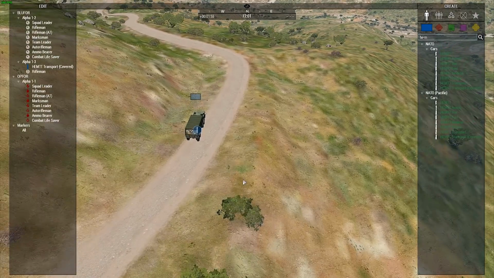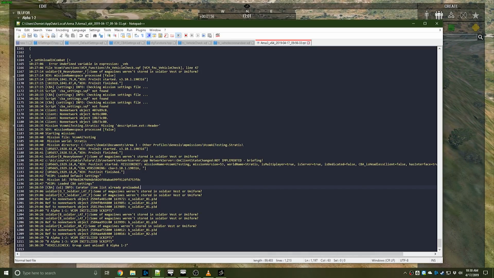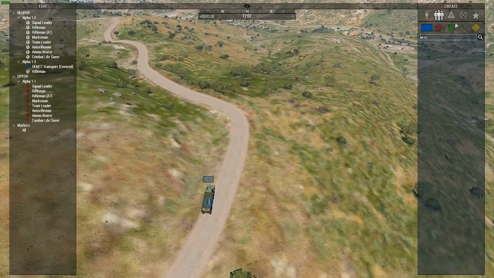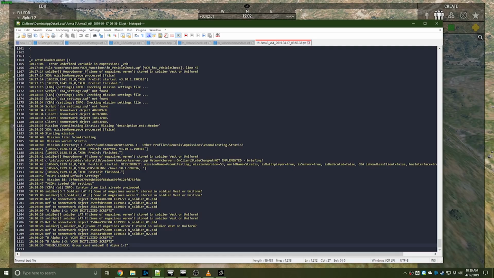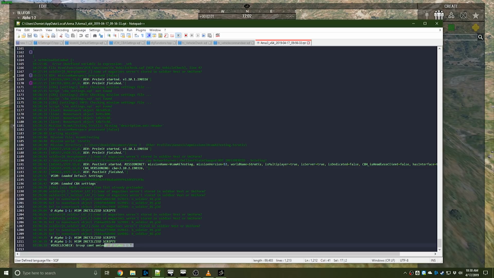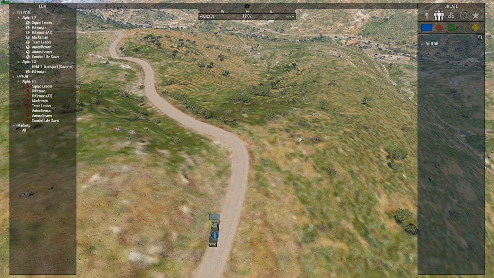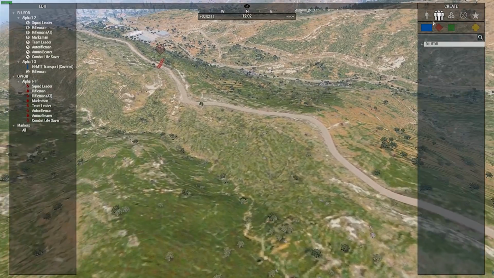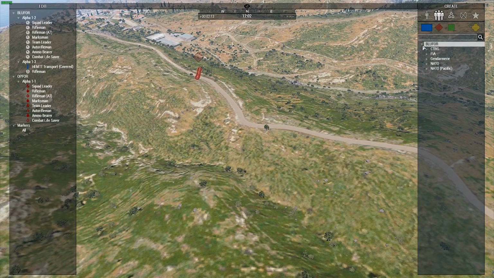Okay, we'll give it some time. We should be... Vehicle check. Group can't unload. There we go. You can see right down here, group can't unload. And let's make this easier on the eyes. It's a little bit easier. Group can't unload. Okay. So, what this is supposed to do for us is, let's get,